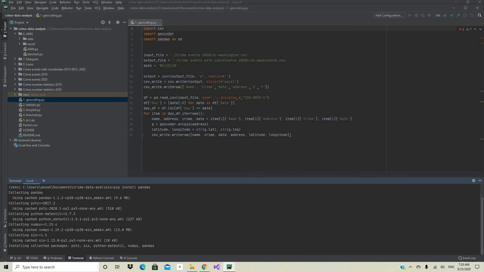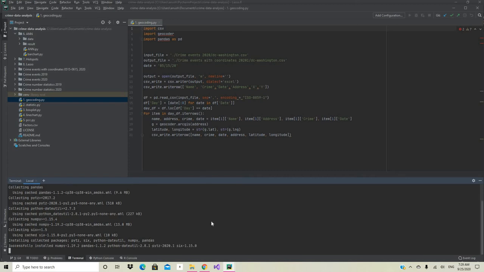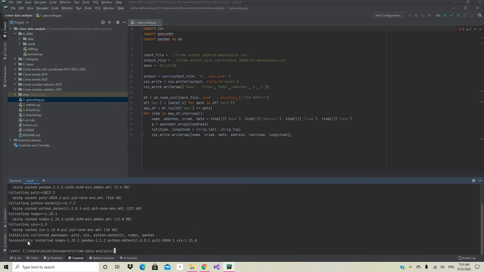In the same way, you can install other packages also. For example, if you want to install geocoder, run pip install geocoder. Once the package is installed, you will see this success message. The environment may create an index, so it may take a few more minutes.